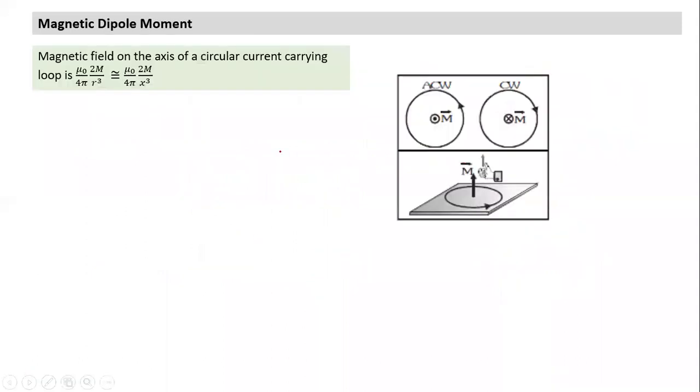Okay. Now we come to magnetic dipole. I just made a reference to the magnetic dipole when we calculated the magnetic field on the axis of a circular current carrying loop. We arrived at this expression, a constant term into 2 into M. What was M taken as? M was taken as current into area of the loop, divided by R cube. R being the inclined distance, but if the point is further away, R is almost equal to the axial distance.